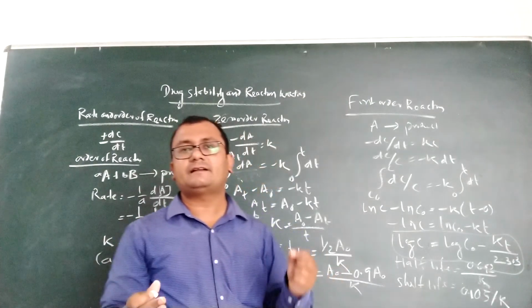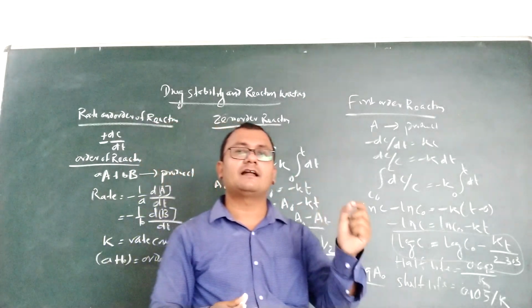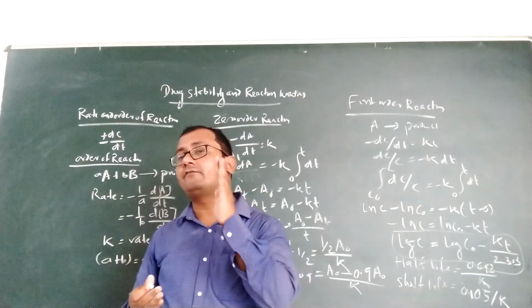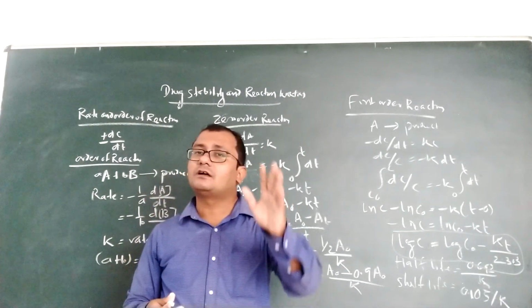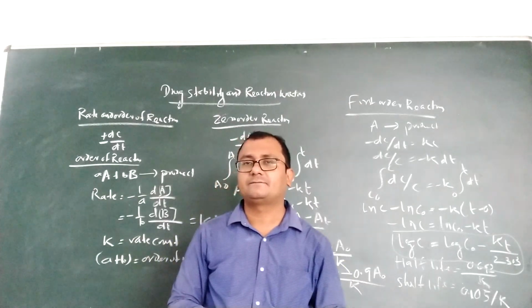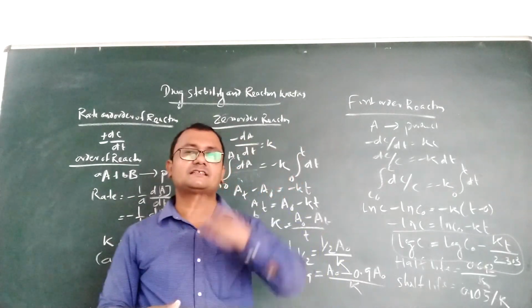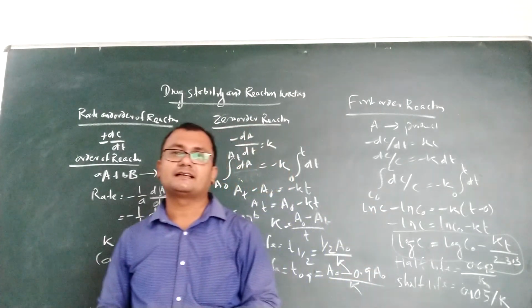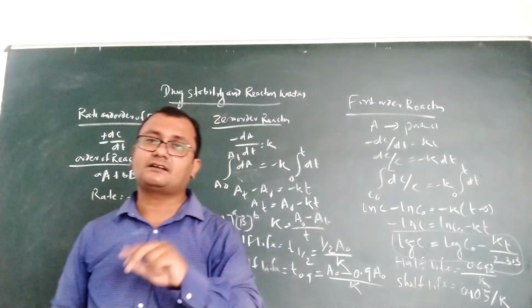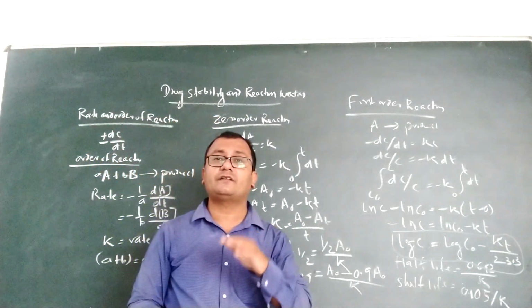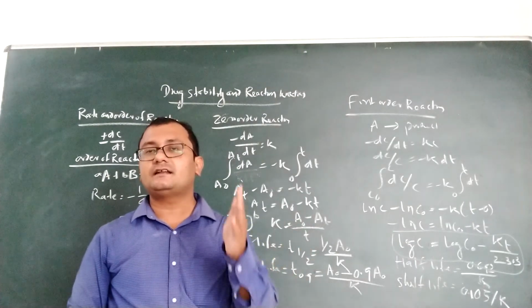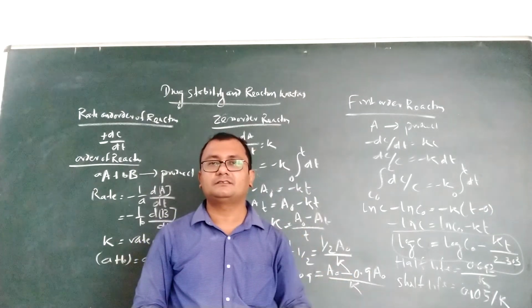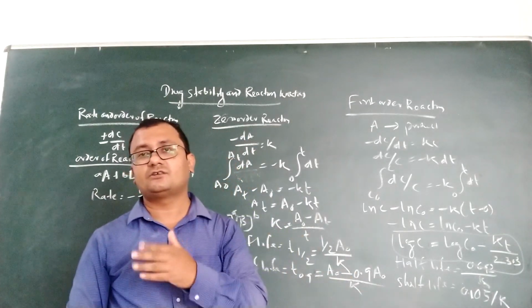Suppose, for example, you take 1 ml of HCl and 100 ml of water. The quantity of water is much more, and we cannot find out how much water is decreased in the reaction. So the concentration is so high in comparison to HCl. The same happens in the pseudo zero order reaction: it is actually a first order reaction, but the concentration of the reactant is so high that it looks like a zero order reaction, because the concentration is not changing and looks independent of concentration. That is why it is a pseudo zero order reaction.